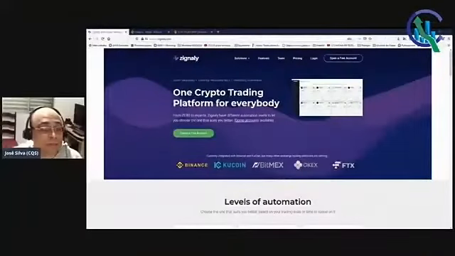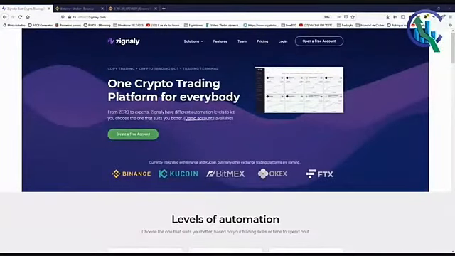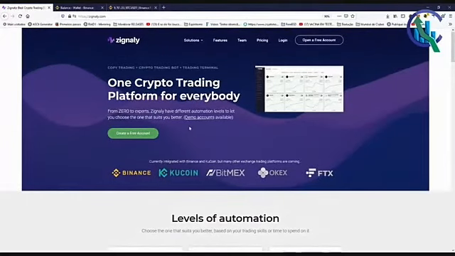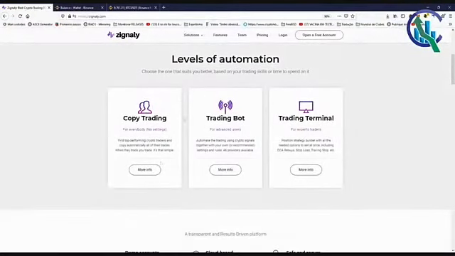That being said, let's take a look first at Zignaly and then at Binance futures and how to use them together. First of all, Zignaly offers you copy trading, which means you can copy trades from other traders.